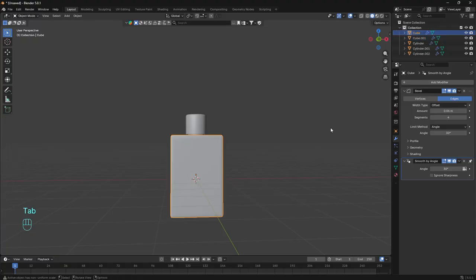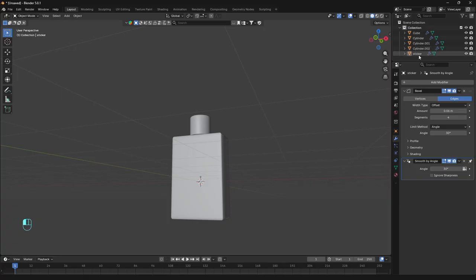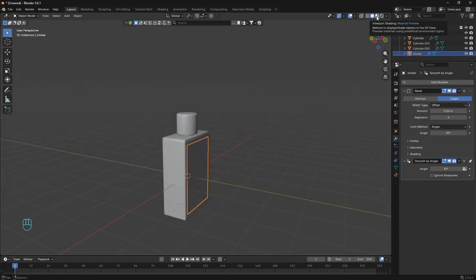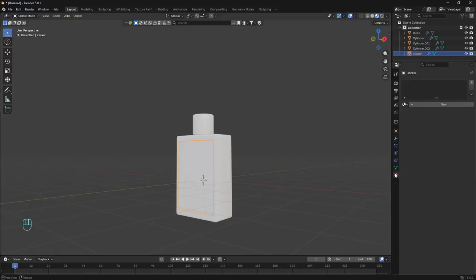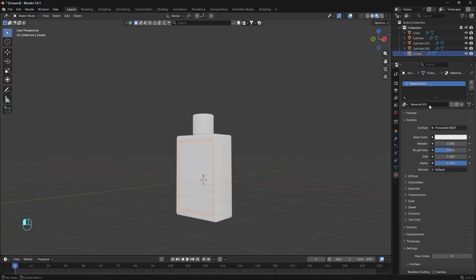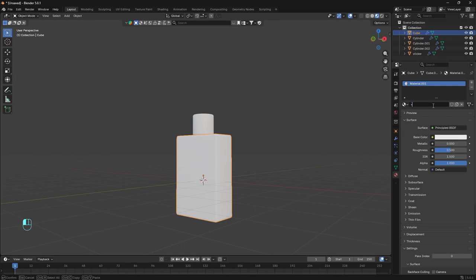Come to the object mode, select the thing and rename it by F2. Rename it sticker. Yeah, there you go. So now we can use the sticker to get the exact UV unwrapping. Come to the shading view. If we just come over here and name it sticker, all right, the sticker material. Now select this, name it body,